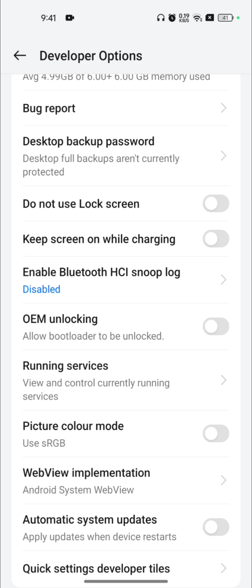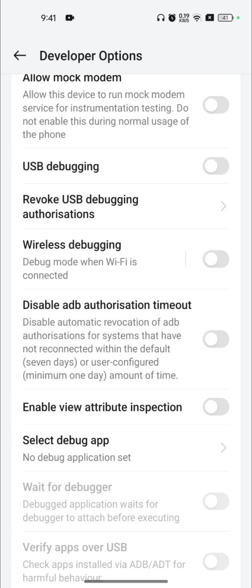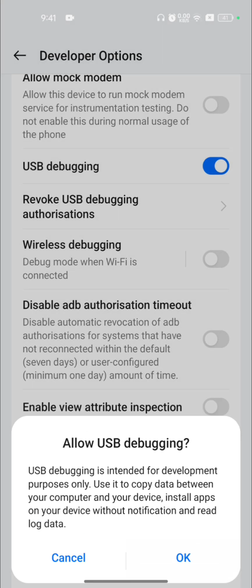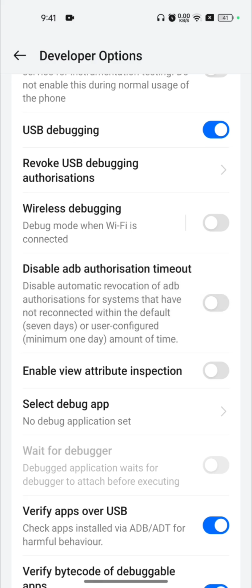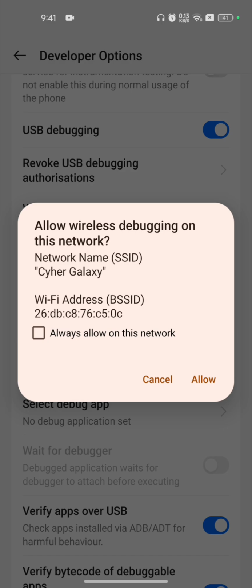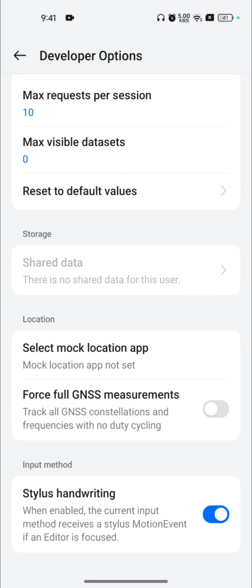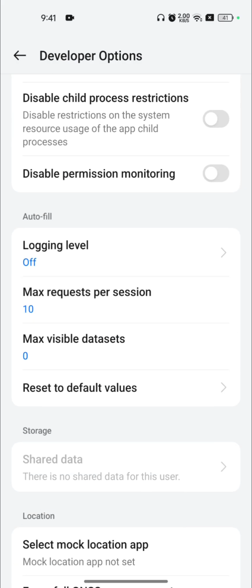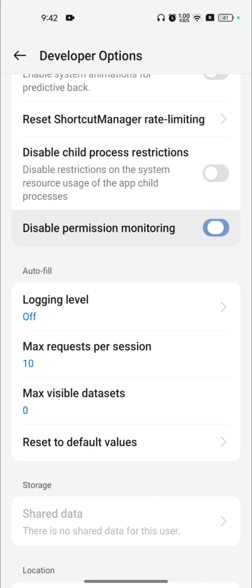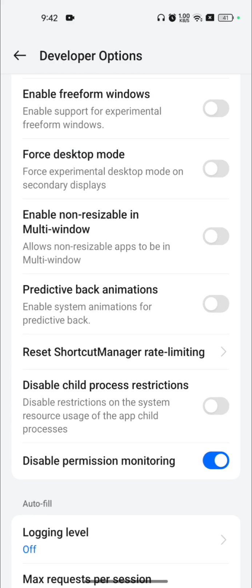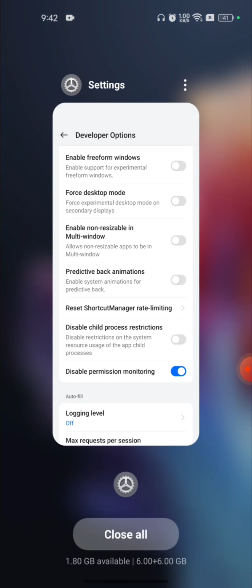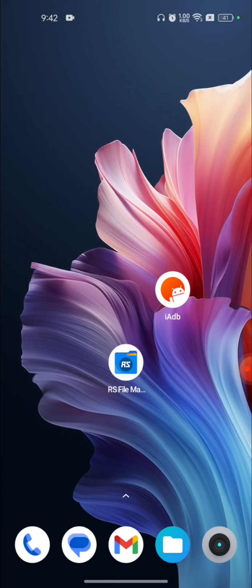and enable USB debugging, and wireless debugging, and scroll down, disable permission monitoring, also on this option, and then